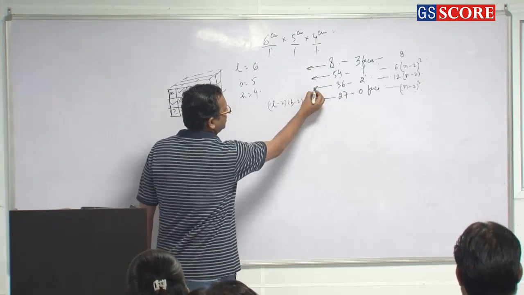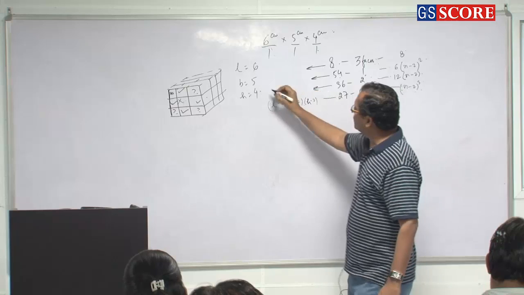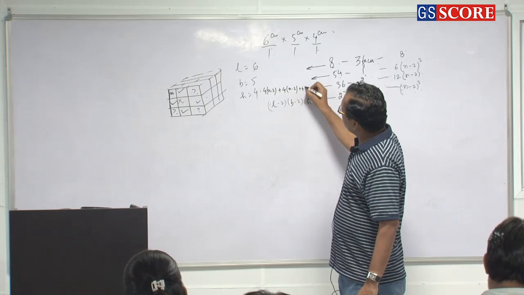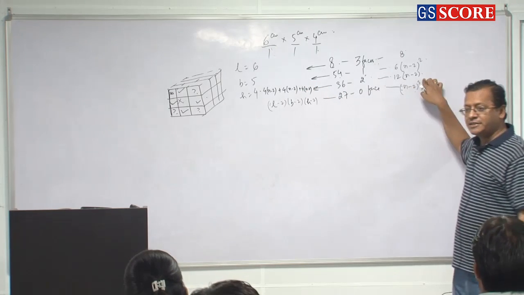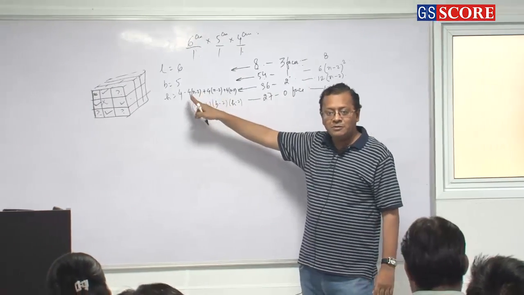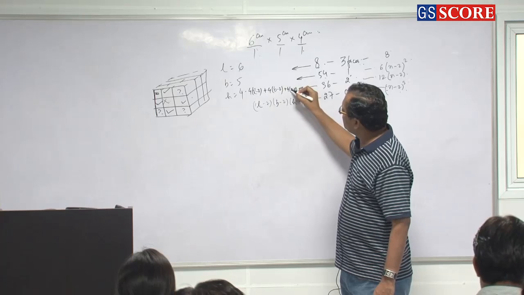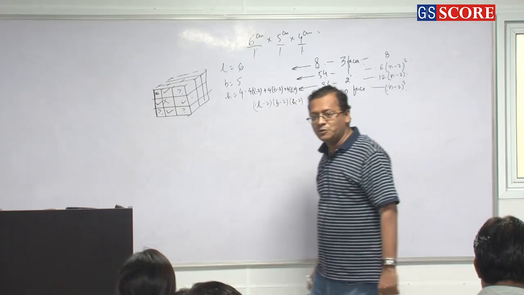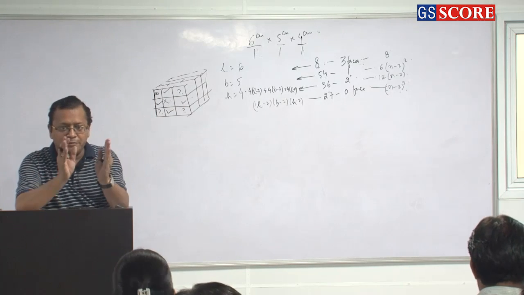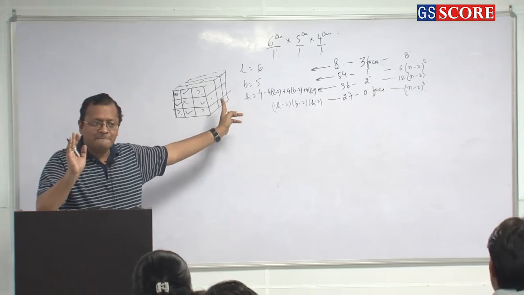Okay. Here also, it is a 3-dimensional figure. So, divide the 12 by n minus 2. It will be how much? 4 into n minus 2 plus 4 into n minus 2 plus 4 into n minus 2, isn't it? That is why it has become 12 into n minus 2, isn't it? Instead of that, what will you do now? 4 into L minus 2 plus 4 into B minus 2 plus 4 into H minus 2 will be the modified formula. You multiply it by 3 halves because it is a 3-dimensional figure. So, this is what is happening here. Clear or not?